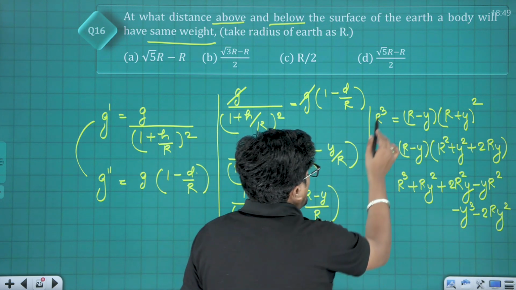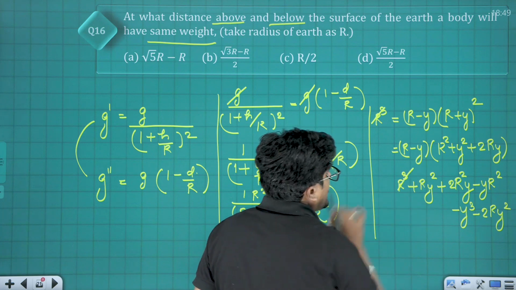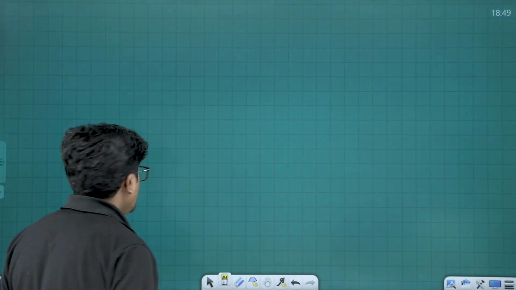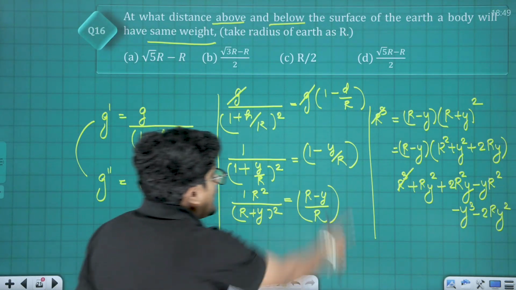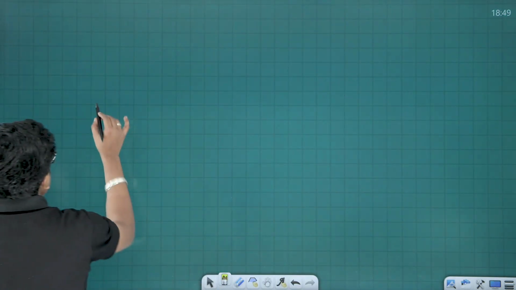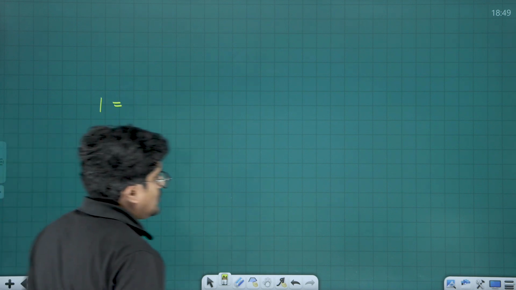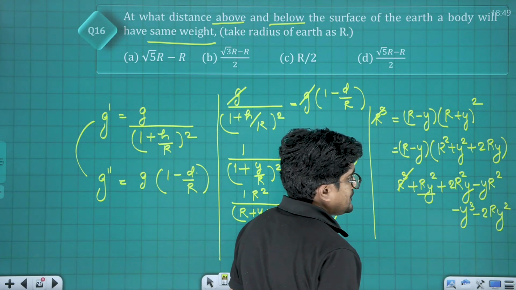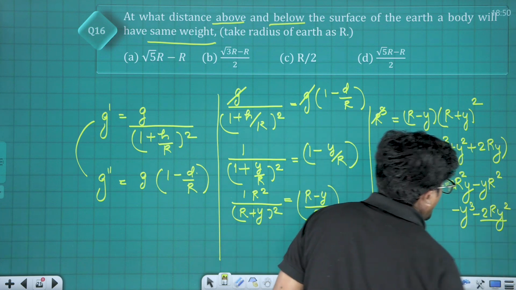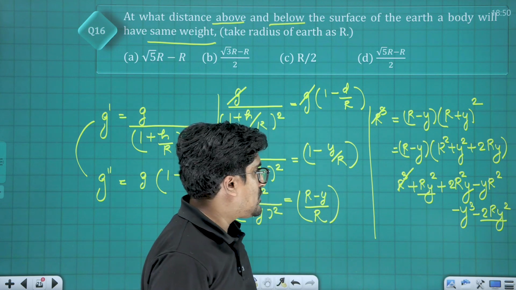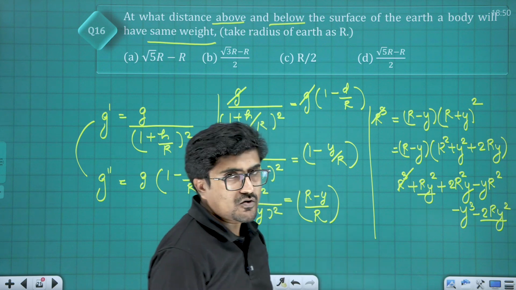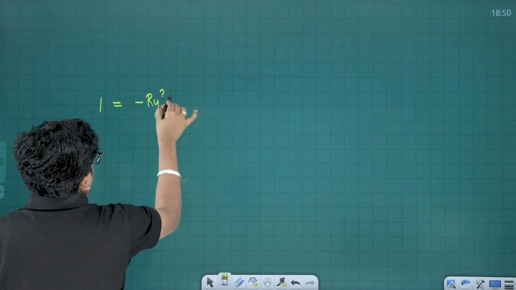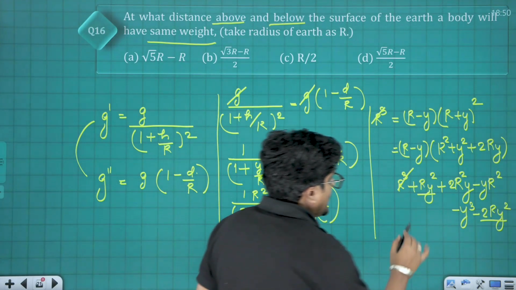Clear? Now on the left hand side we have this r cube, so r cube and r cube will cancel each other. Now what we have is, let me refer to this, on the left hand side it is 1. So now 1 is equal to, here if I can see, this is r y square, isn't it? And here this is minus 2 times r y square. So basically that is now going to be minus r y square, minus r into y square. Alright, so we are done with these two.